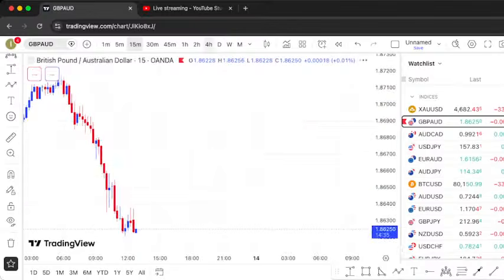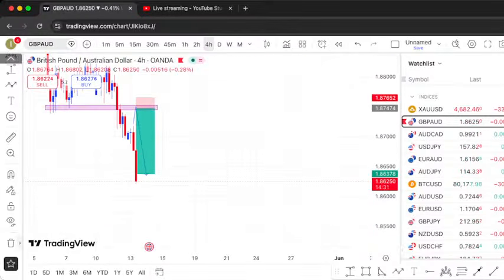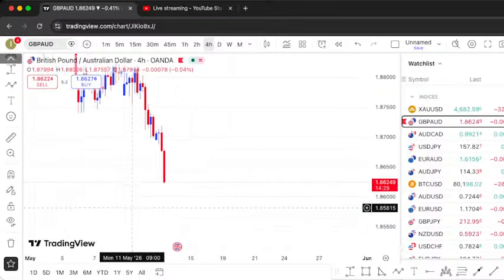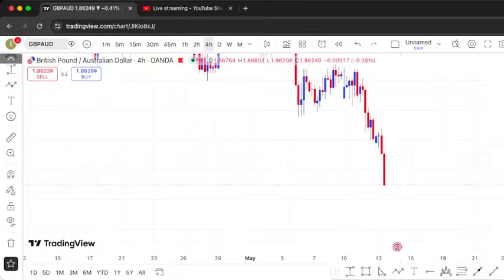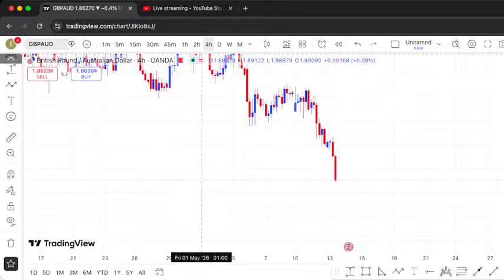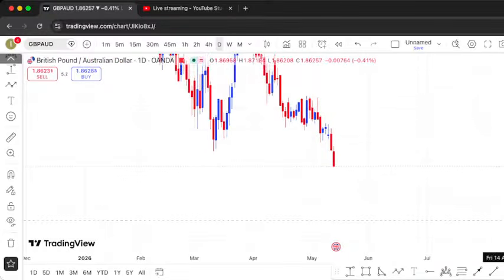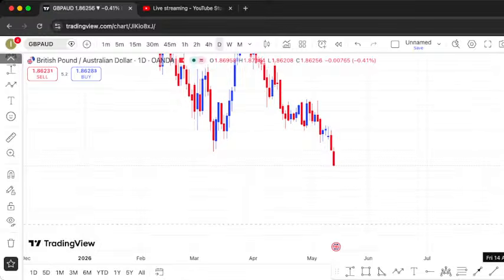As usual, start with the higher time frame. Never start the analysis on the lower time frame, because the lower time frame can never give you a general market view, a general market trend. So once you start with the higher time frame, I think you'll be okay. Now that's GBP AUD on a 4-hour time frame. At least let's go on a daily first. Daily time frame on GBP AUD. The trend has been very, very, very bearish.